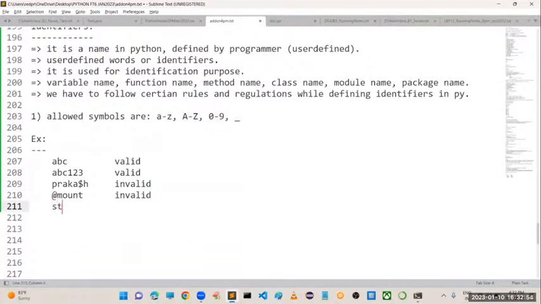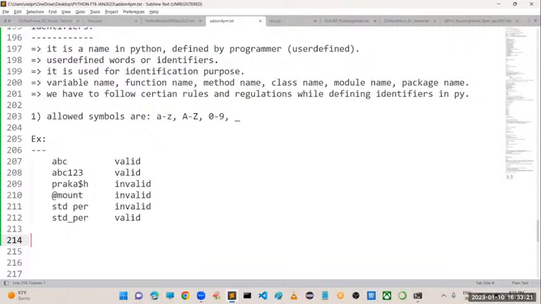Suppose I have student percentage with a space, we can't take it like this, it will become invalid. To overcome that spaces problem, they have introduced the underscore symbol. Now you can take the underscore symbol, and it will become valid. So the allowed symbols are small a to small z, capital A to capital Z, 0 to 9, and underscore.